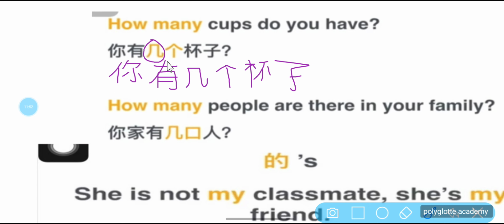Now, we are expecting that the number should be less than 10. That's why we use 几。你有几个杯子？非常好。